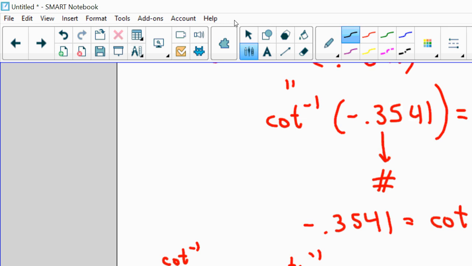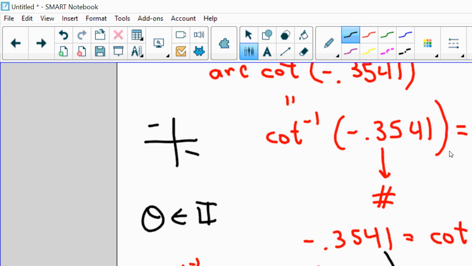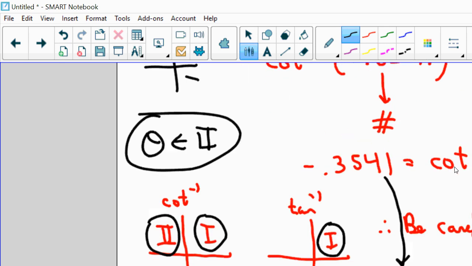Here's the secret. First of all, what quadrant are we in? We all know we're in the second quadrant. Theta's in 2, because cotangent is negative in the second and the fourth, but cotangent inverse only makes sense in the first and the second, therefore we're in the second. So make sure you end up with an angle in the second. Trust me, if you reciprocate,